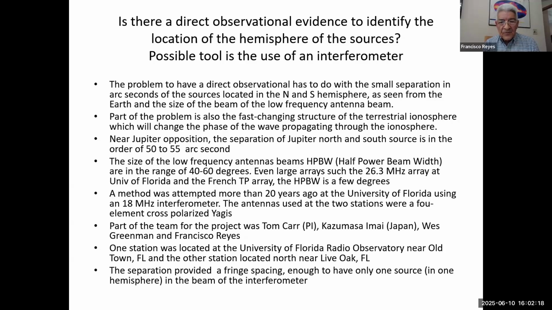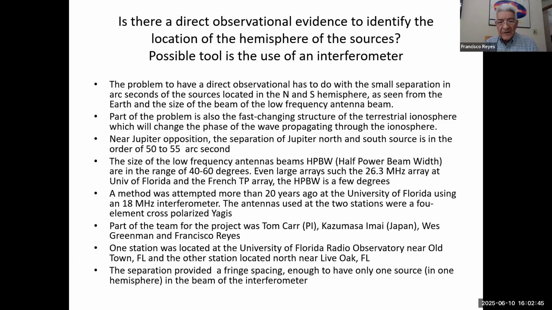Well, the size of the low frequency antennas, the half power beam width is in the range of 40 to 60 degrees. So there is no way that we can tell from the size of the beam from where the source is emitting, either the north or south hemisphere. Even with big arrays, like